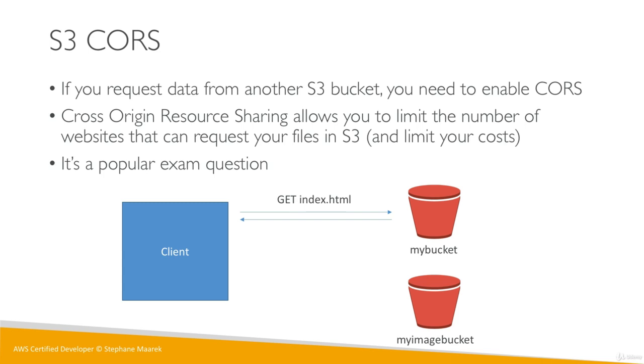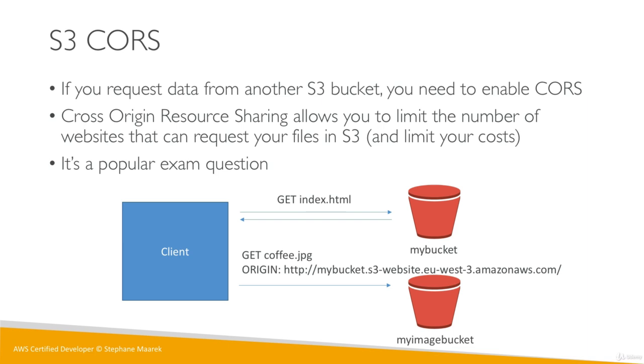It turns out that in the index.html file, I request a coffee.jpg file, and this coffee.jpg is in another S3 bucket. So my client, which can be my web browser like Chrome, will say, I want to get the coffee.jpg file, and by the way, here is my origin. Here is where I'm getting the website from, which is my bucket.s3-website.eu-3, etc.